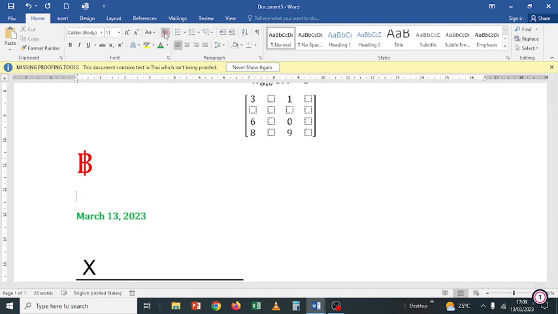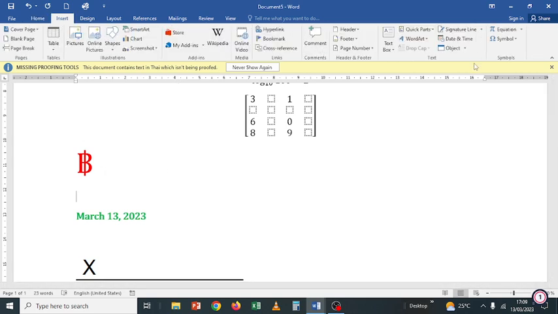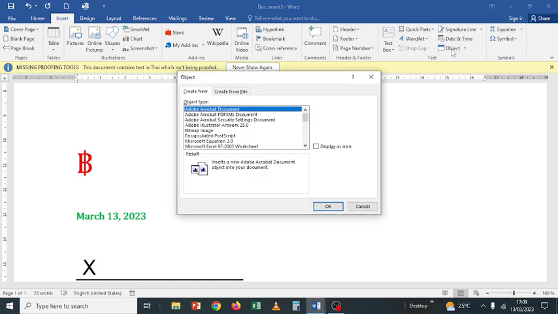Remove the formatting. Then I can go back to insert. Let's say finally insert an object. When you're inserting an object, you can insert different objects. Maybe you want to insert Acrobat document, Adobe Acrobat document, PDF, all of these, bitmap image, encapsulated PostScript, Microsoft Equation. Even this one gives you an option of typing equations, or Microsoft